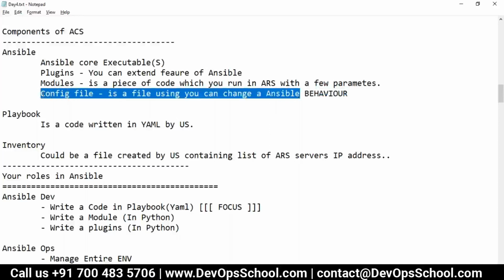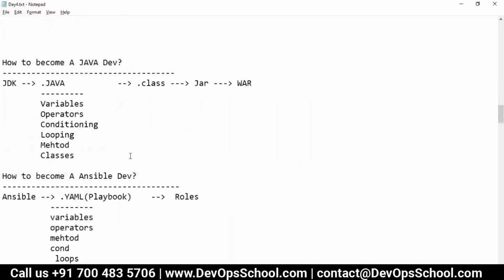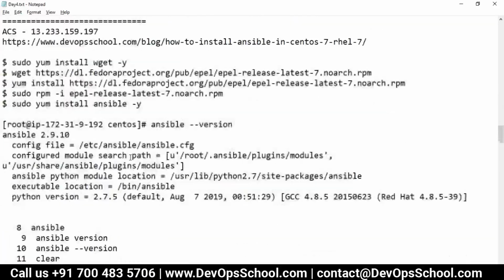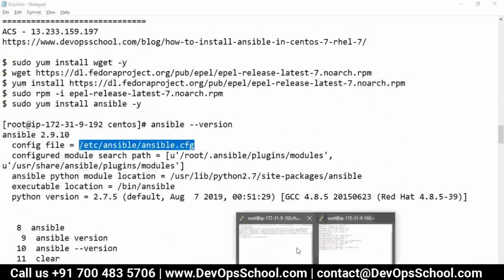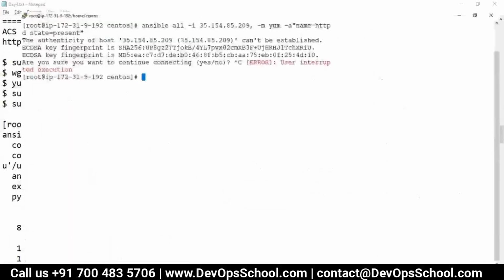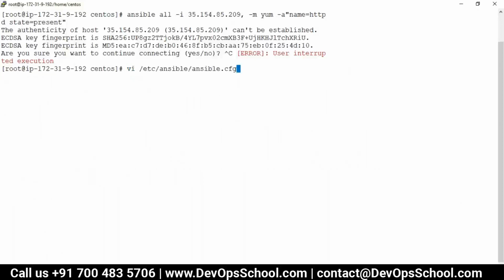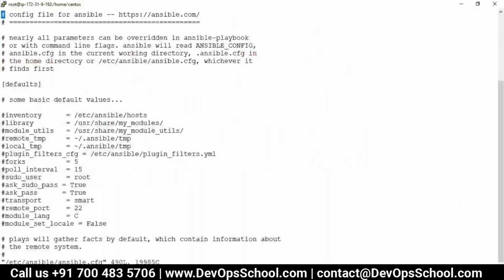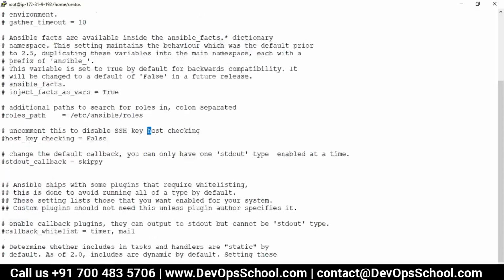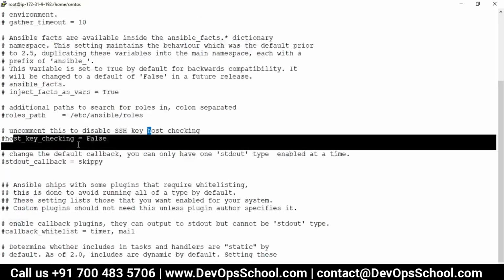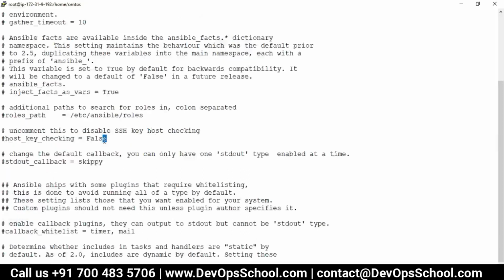So the Ansible config file. If you remember, where is the config file? I think I have it here. Can I go to that machine? Okay, vi. Now the question is, I don't know which options are there to be enabled or disabled. No problem, slowly you'll get to know. I know that for host key checking, this is the one. By default, it is enabled. So I have to disable it.